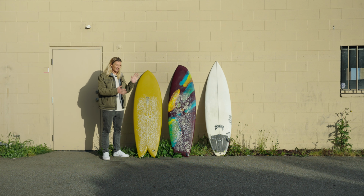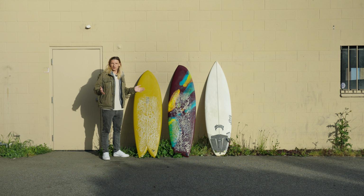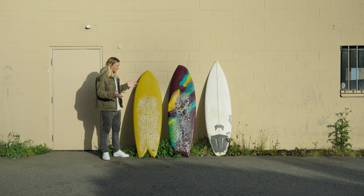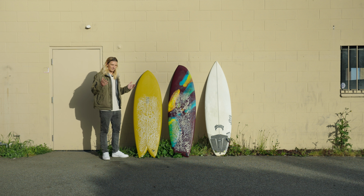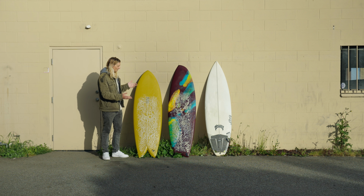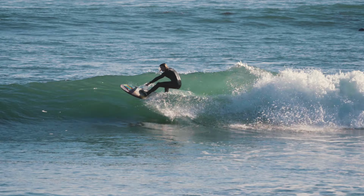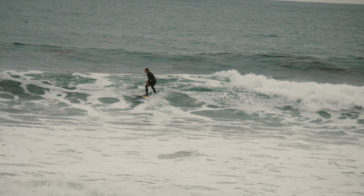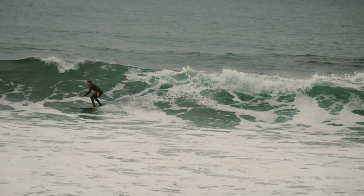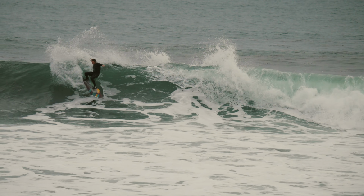get a fish. It's like a gateway drug into surfboard design and surfboard theory. And you start questioning pretty much everything. You really do, because it's such a different feeling that you can't really explain it completely until you feel it. And the fish really led me to what is now my daily driver, the board that I've ridden literally all winter long, the board I've ridden in 1 foot surf to overhead surf to every condition imaginable,